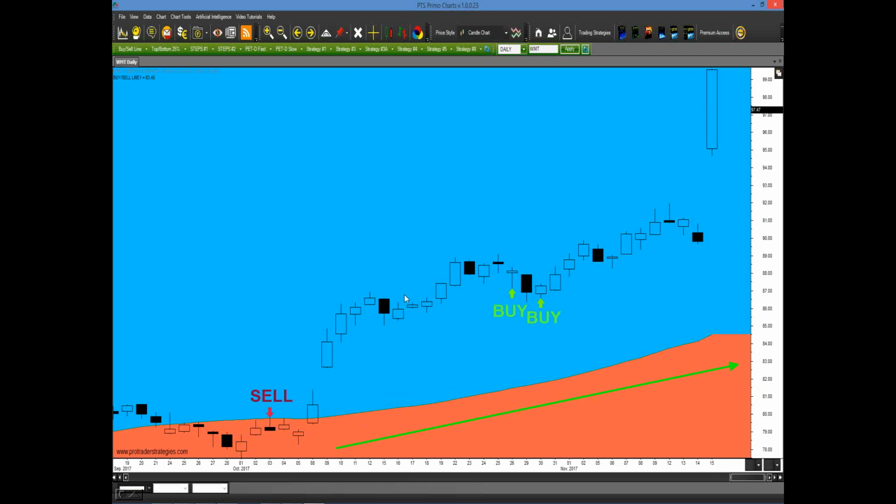So we look for buy signals, and there were two great signals right here at the bottom of that pullback before we took off. Here was a sell signal, but once again, with our mentoring, we could tell you not to take this because what's the direction of the slope? The slope is going up. You don't want to take that.